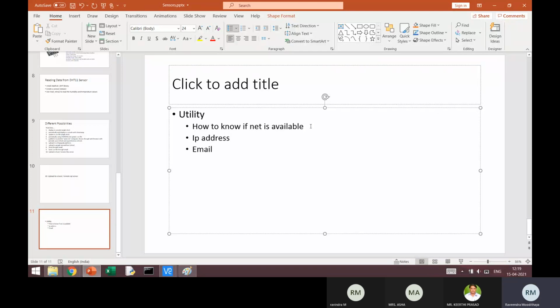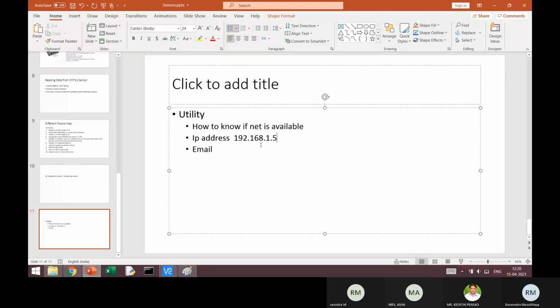I need to know the IP address of my system. I can hard code it into my program. For example, the IP address of my Raspberry Pi here is 192.168.1.5. I can hard code this information into my code directly, but if I take the program elsewhere, it will not work.